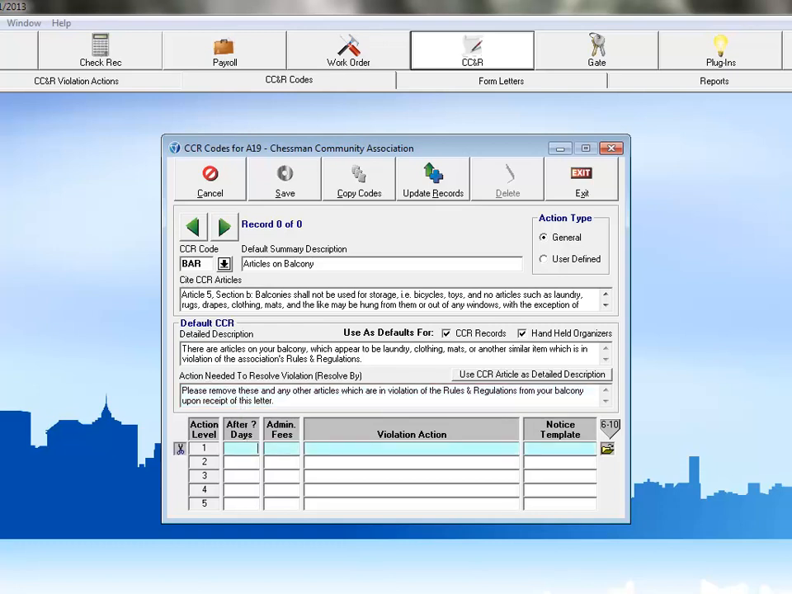Our first action is going to be to send the initial letter out to the owner notifying him that he's in violation. So, we'll set the number of days for our first action to 0, meaning this action should occur today. For each action level, you can set an administrative fee or fine that will get charged to the owner